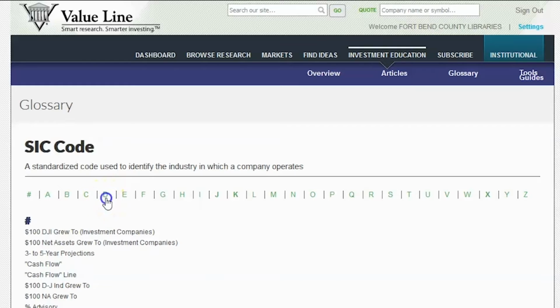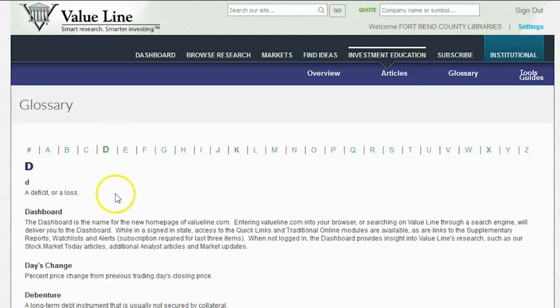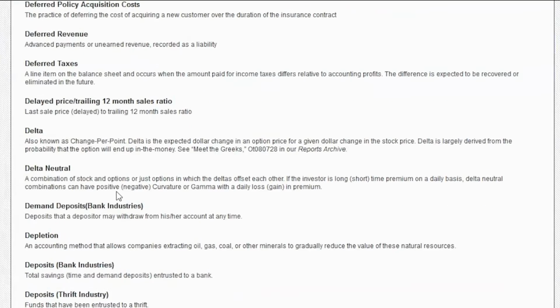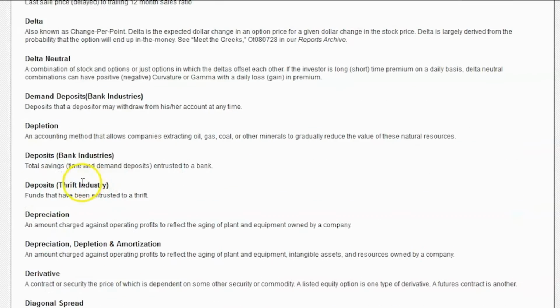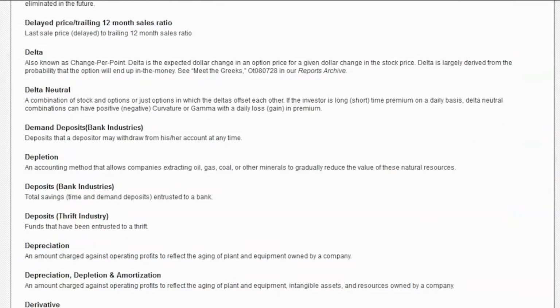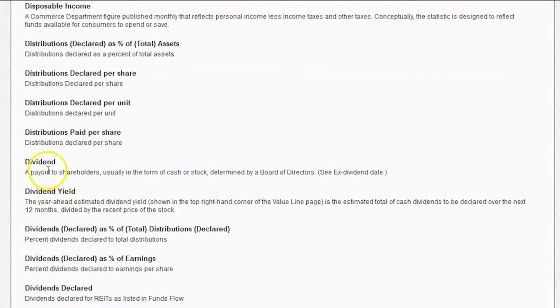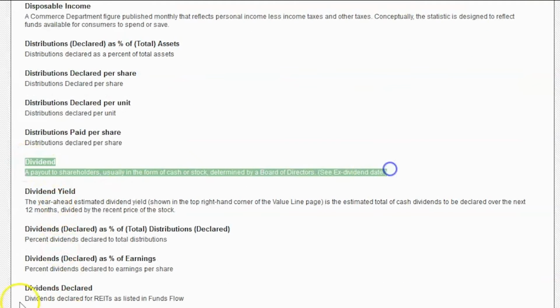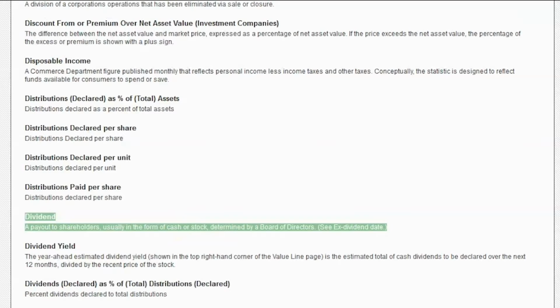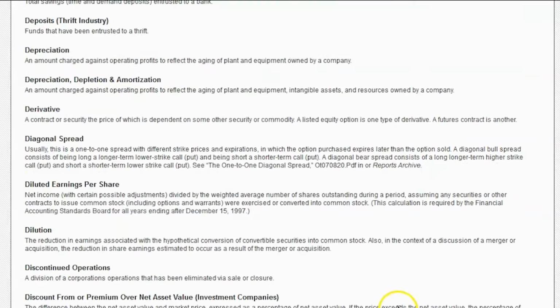I want to learn more about dividends, so I'm going to click on D. I'm going to scroll down until I see dividend. And there it is. Going back to the Investment Education tab,